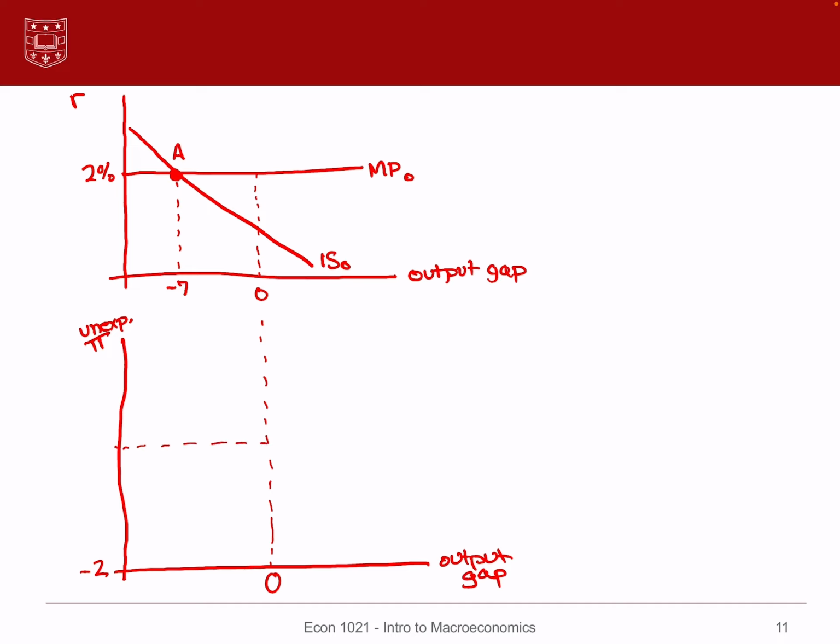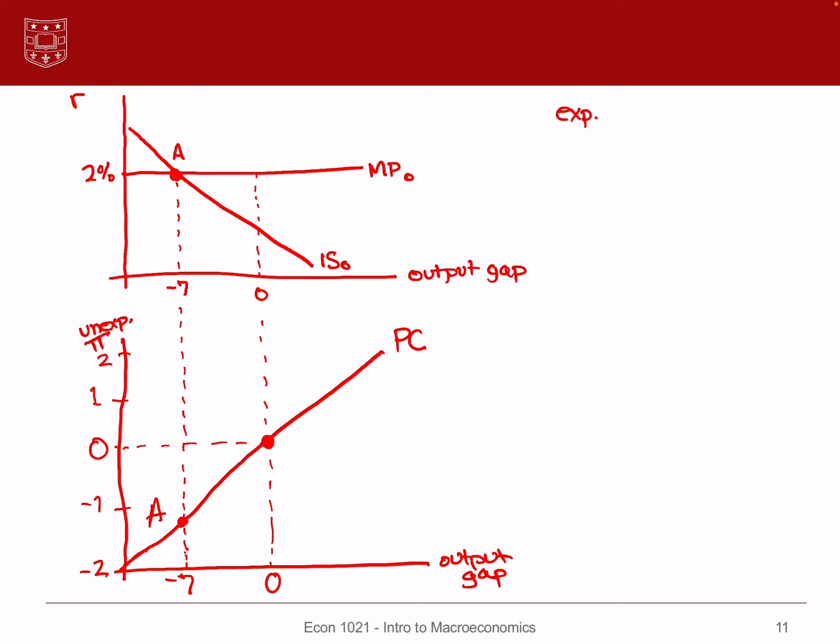Draw that in, -1, +1, +2. So here is -7, and again, there's my Phillips curve. So initially, we're starting off at this point A, and again, expansionary monetary policy and expansionary